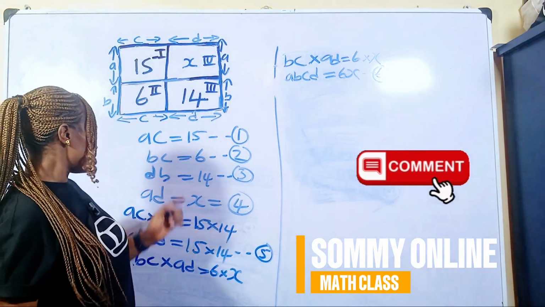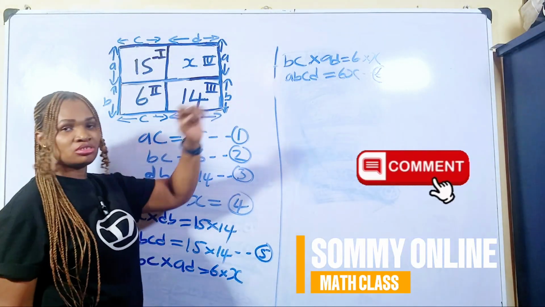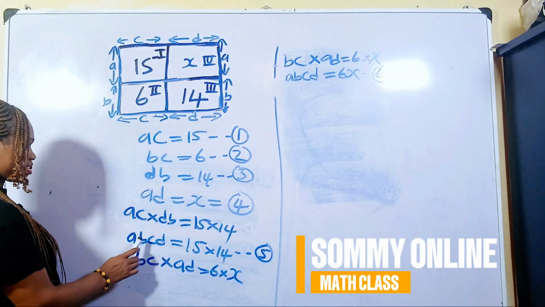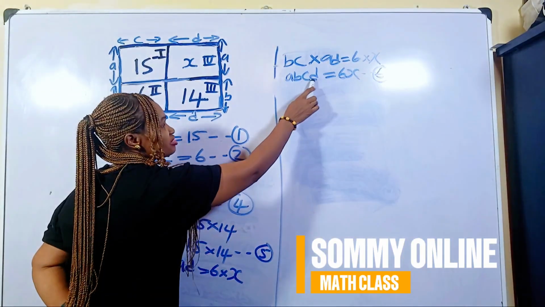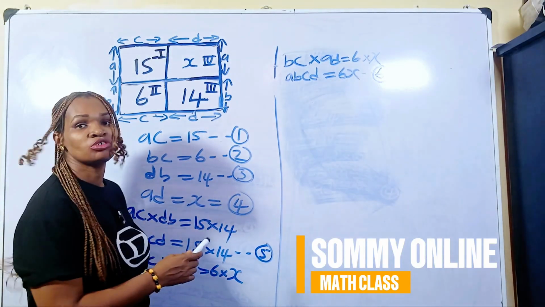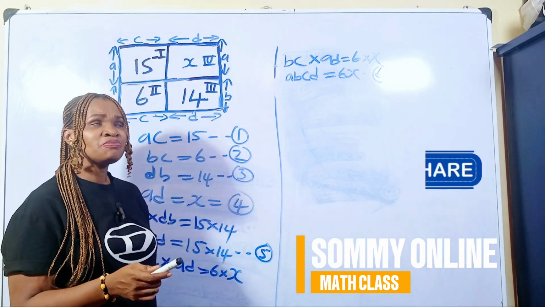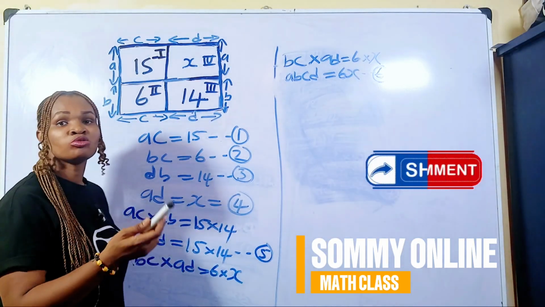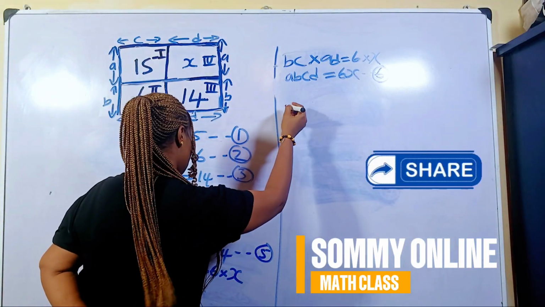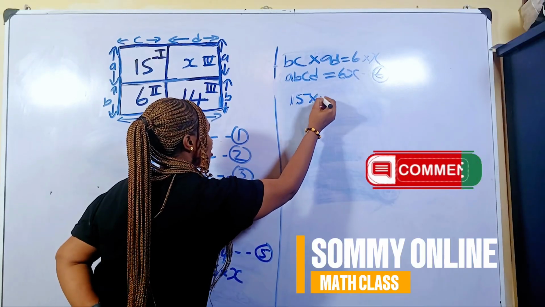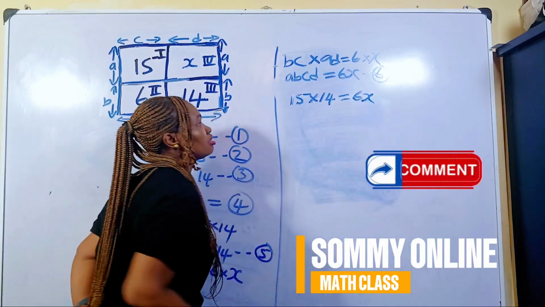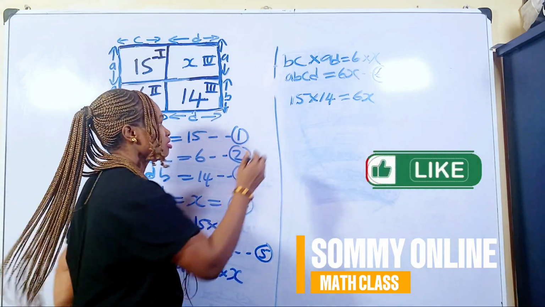So now, if we look at equation 5 and equation 6, there is something that is common between the two. What do you notice? We have A, B, C, D, and we also have A, B, C, D, meaning they are the same. That's equation 5 and equation 6. It means that equation 5 is equal to equation 6. So we have 15 multiplied by 14, which equals 6S. For us to find the value of S, we divide both sides